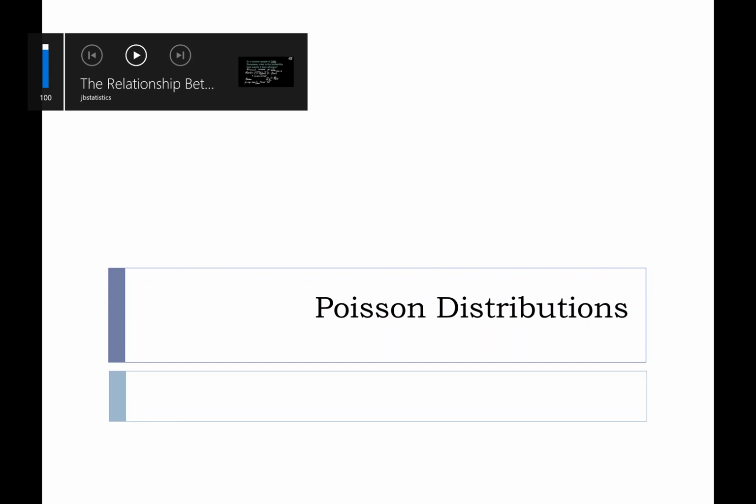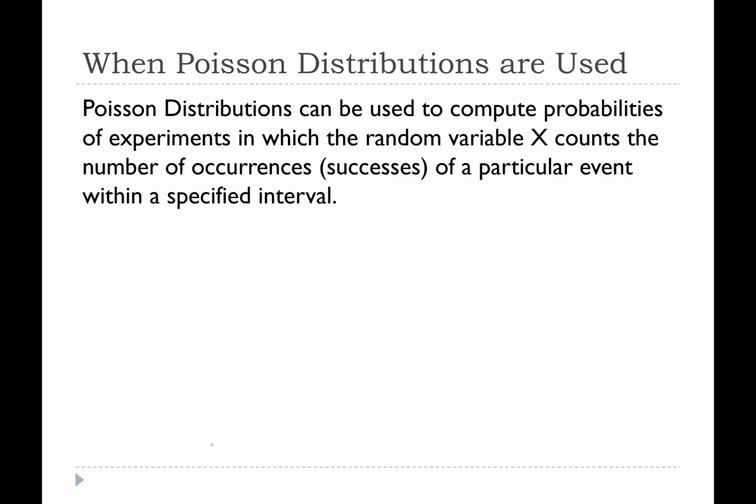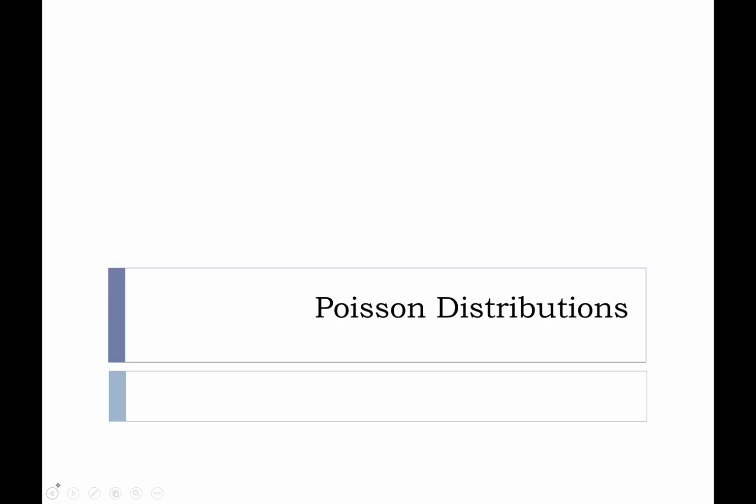So we're going to talk about Poisson distributions right now. These can be used as an approximation to binomial distributions. So let me recall for you, let me go back real quick,